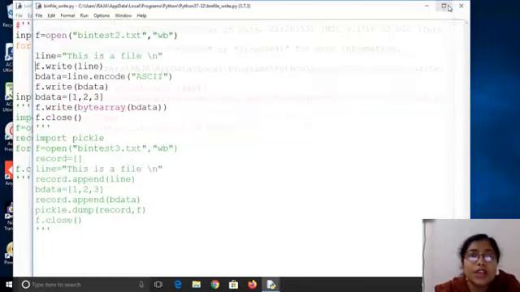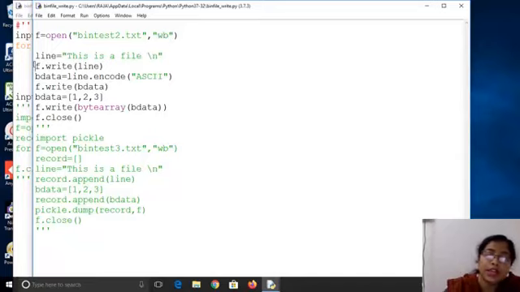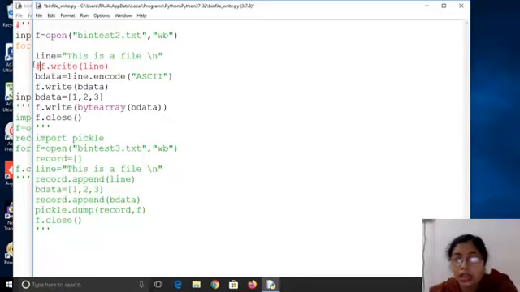That means when we are writing something into the binary file, we cannot write the string directly. As we cannot print a string-like thing directly and have to decode it to ASCII, again for writing a string to the binary file, we have to encode it to ASCII. After encoding to ASCII, then only we can write this data. This will work, this will not work. We cannot write the string directly to a binary file. At first we have to encode it to ASCII format, then only we may be able to write.